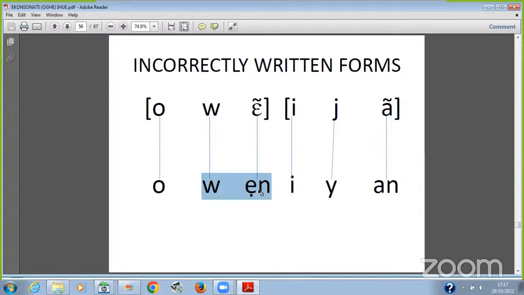But this one is what was adopted from the English. You have O-W-E-N as a name in the English language, but it is not pronounced the same way in English. In English, you don't even have any sound like the we there at all. It's pronounced Owen, right? But when you ask our people to pronounce the same English word, O-W-E-N, they will say Onwe.